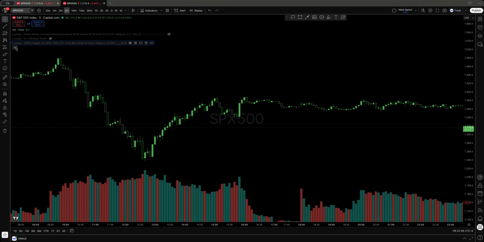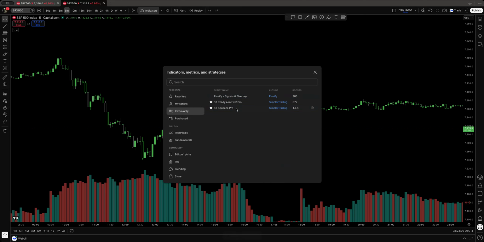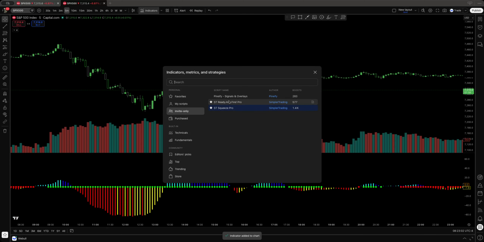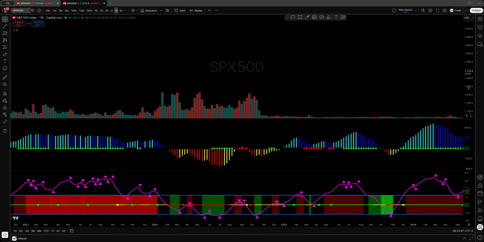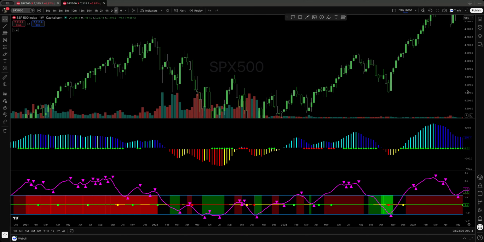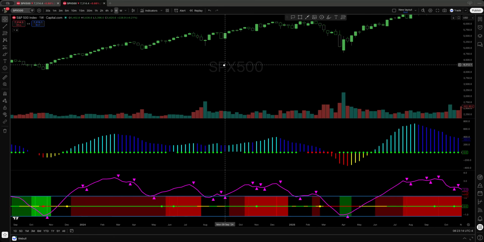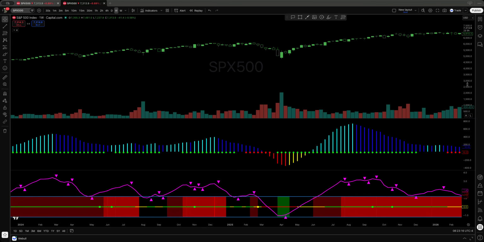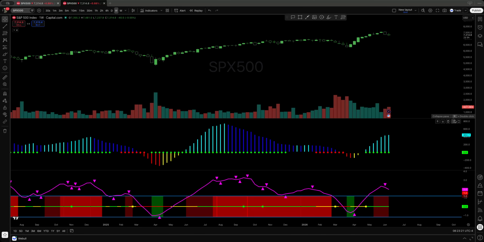You can look around, but the main ones that I use are Simpler Trading, John Carter special. I use the Squeeze Pro. You'll see this on my chart a lot, and the Ready Aim Fire. And I use these setups primarily for day trading, swing trading. I do use the squeeze incorporated into some of my day trading, but for the most part, these are my